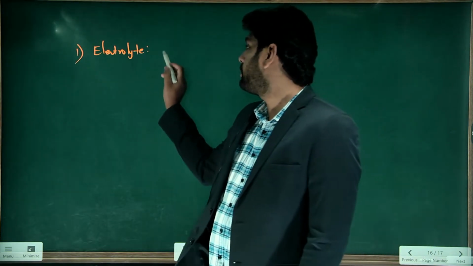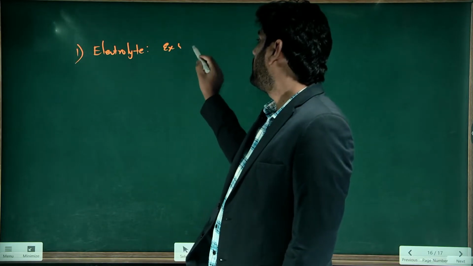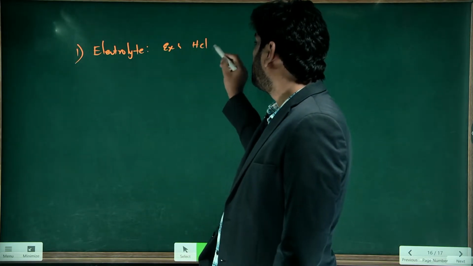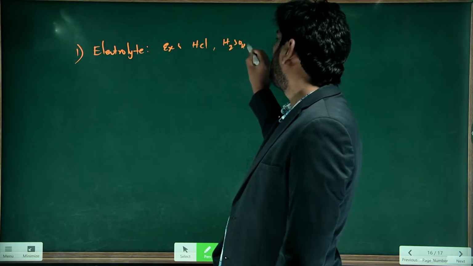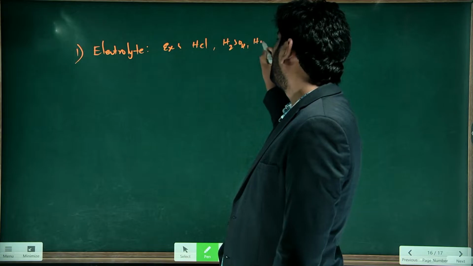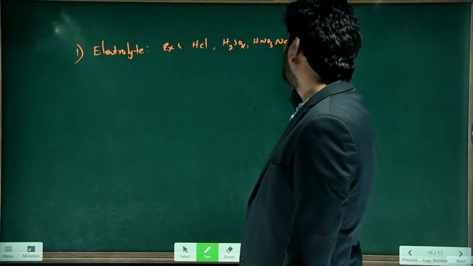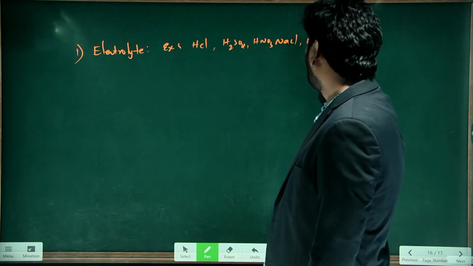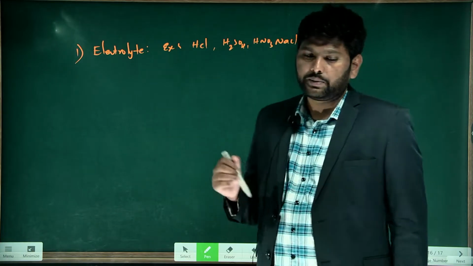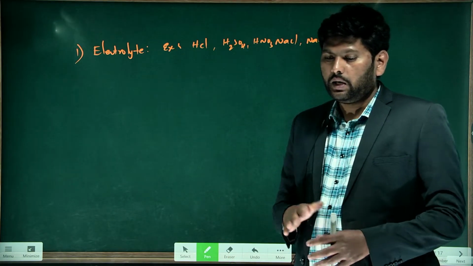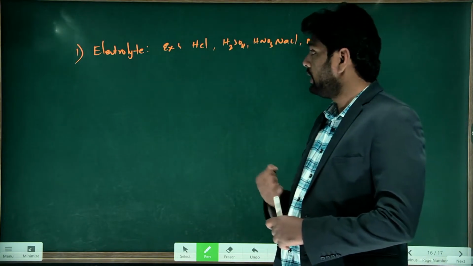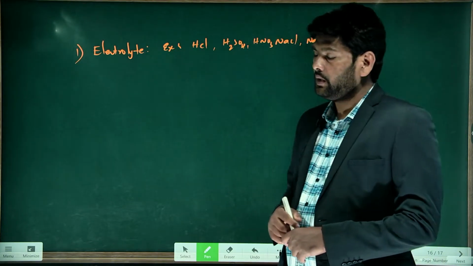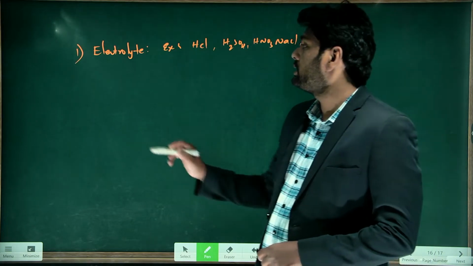Examples of electrolytes are HCl, liquid NaCl, H2SO4, HNO3, NaCl, and NaOH, which means the substances which are divided into ions are used as electrolytes. Got my point? And the second one is